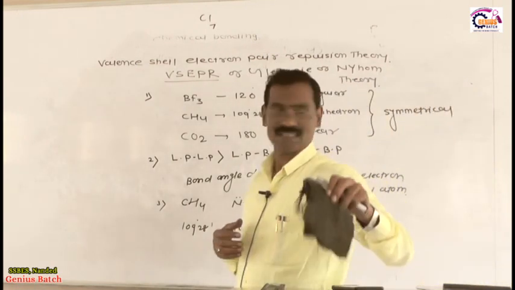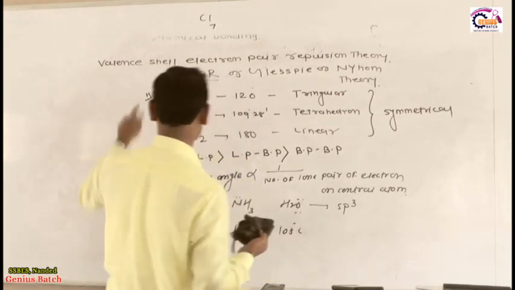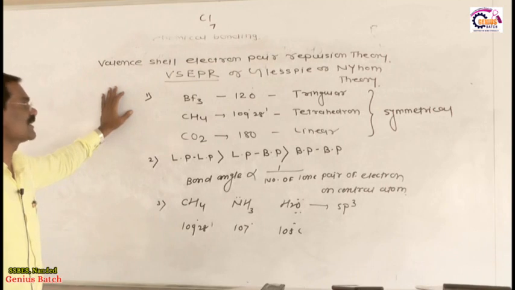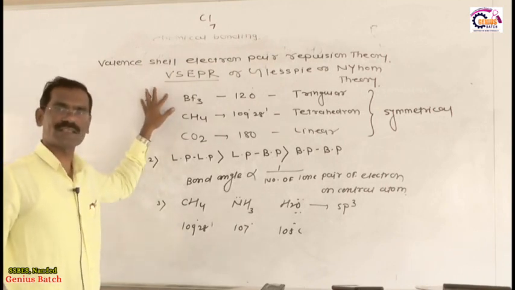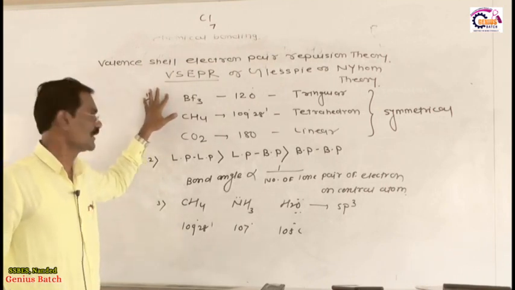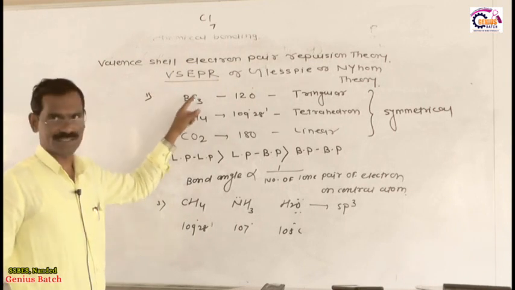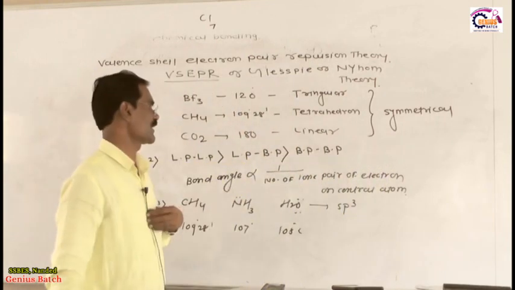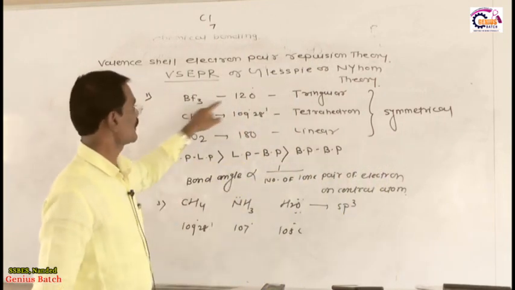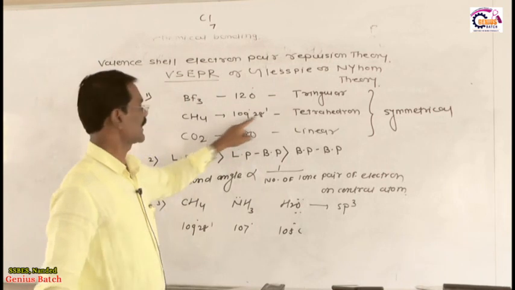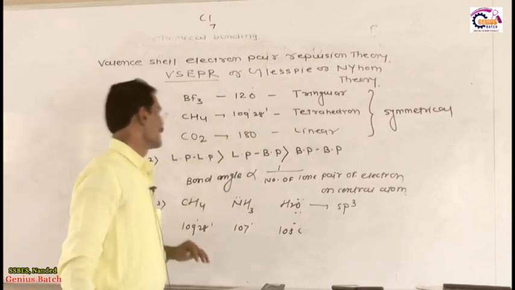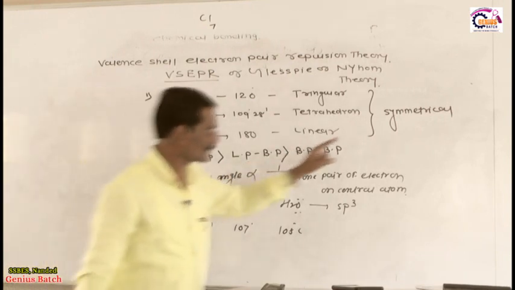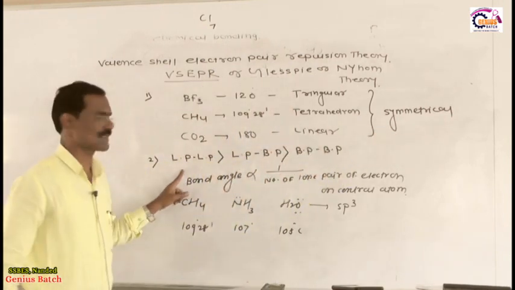Now the fourth case I am presenting in front of you. That fourth case is very important. Write down these cases. In the first case, if in the central atom all electrons are bonded pairs with no lone pair and the same side atoms attached, then the shape of this molecule is symmetrical, or the geometry is regular: BF3 120 trigonal, 109 tetrahedron, 180 linear. But if the central atom possesses a lone pair, then the shape of that molecule never becomes symmetrical; it becomes unsymmetrical.